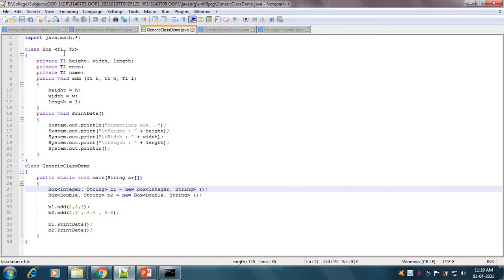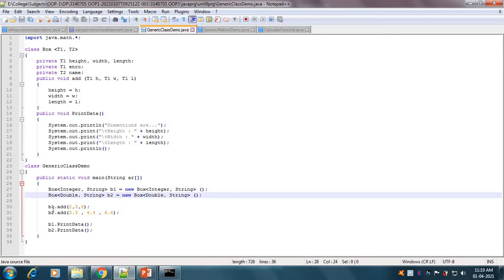So our T1 type will be Integer and T2 type will be String only for the object B1. If we create object B2 and pass Double and String for B2, our generic type T1 will be Double and our generic type T2 will be String.